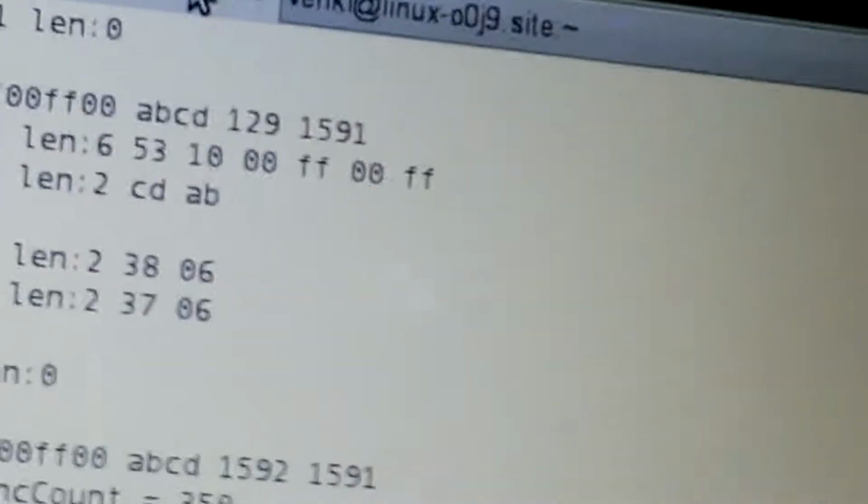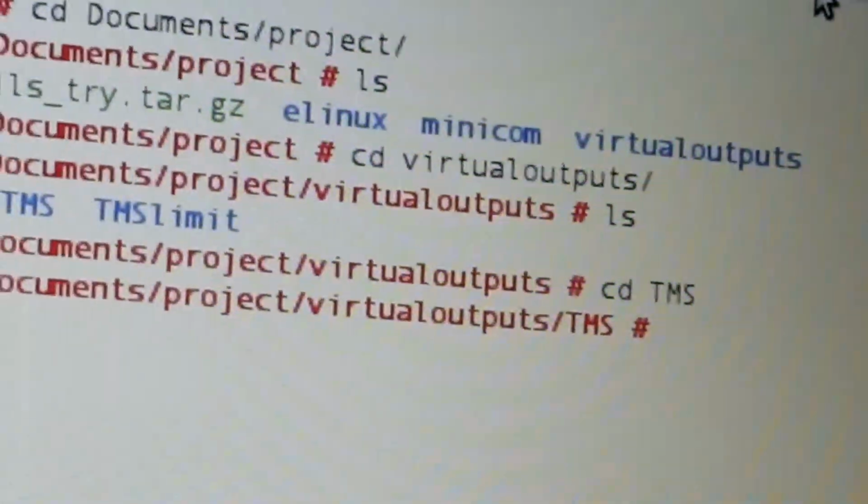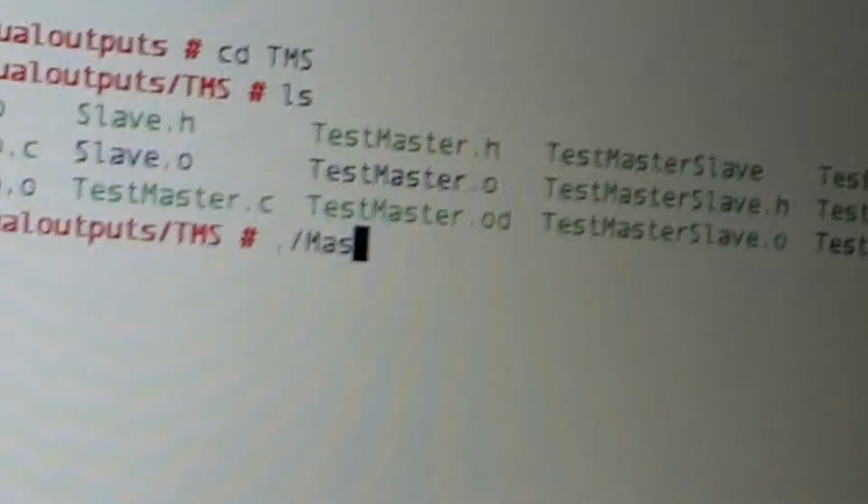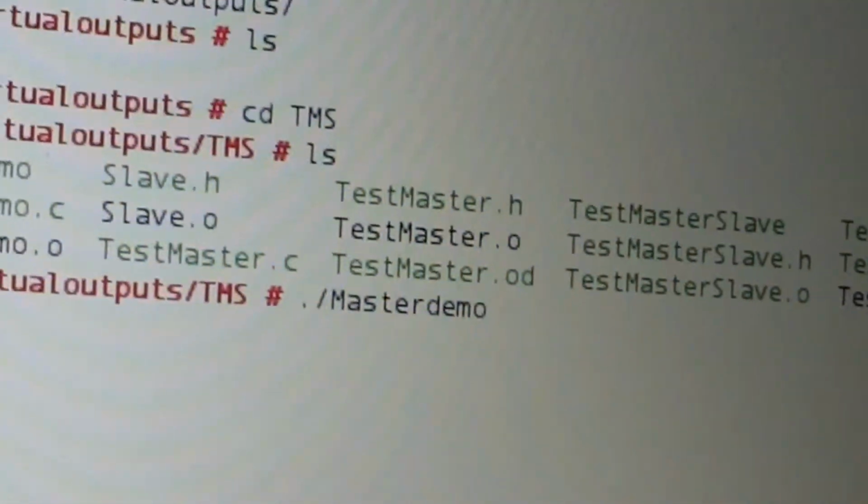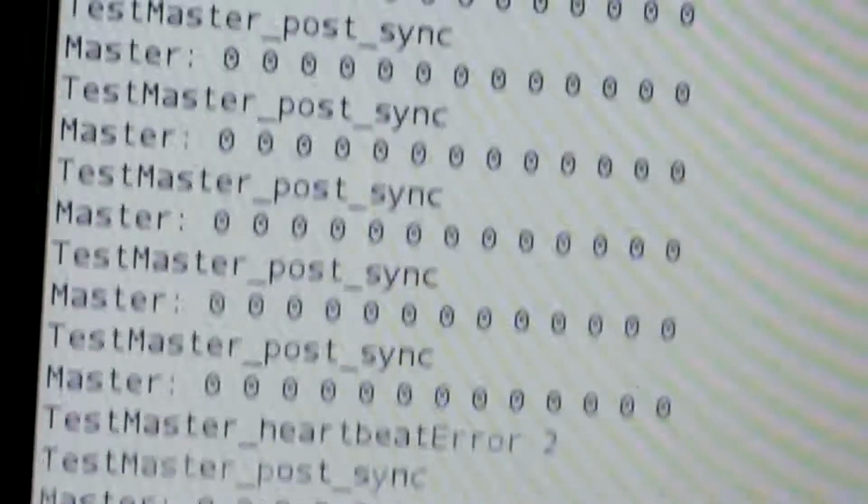And next the same in different processes, meaning the master code is in one single process and the slave code is in the other process that I am showing in the other terminal. Now, as the slave code has not been initiated first, the master is generating only the data of 0.